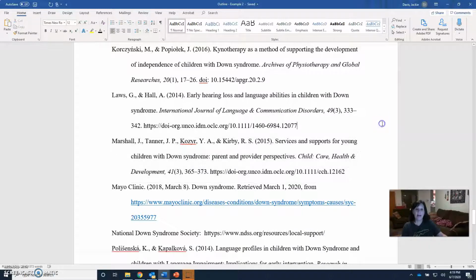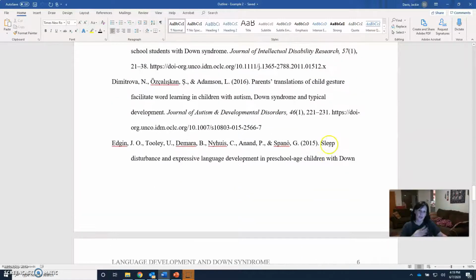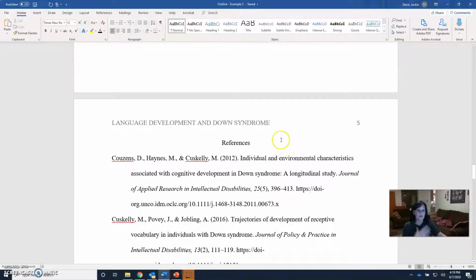So I will check that. However, I won't check in reverse. I won't check at this point that every reference that you provide a full citation for in your references list is used in your outline yet, because I know that at this point you should be just searching for articles,